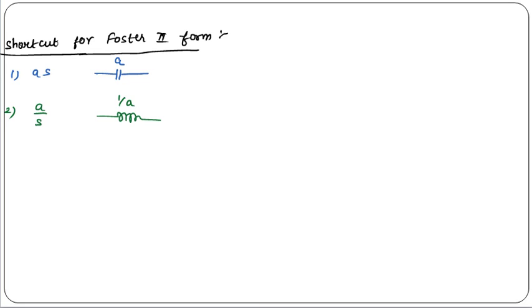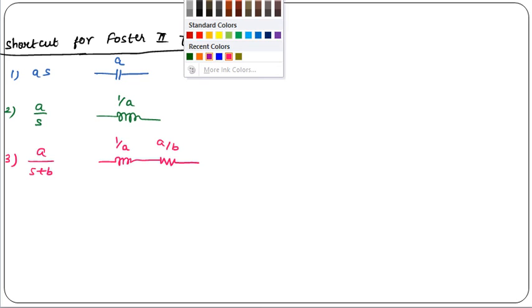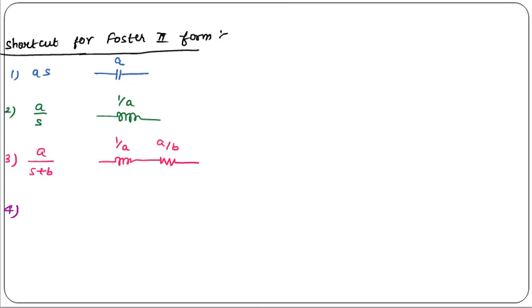Then third, if you are getting a by s plus b form after solving the partial fraction, this indicates that you will be having a series combination of resistor and inductor, and the value of inductor will be 1 by a and resistor value will be a by b. Okay, then you will be getting fourth is a into s by